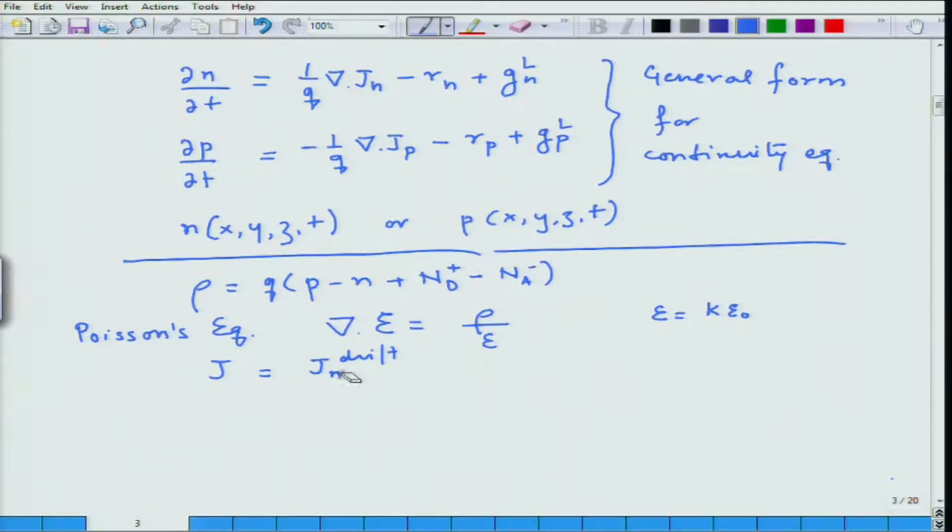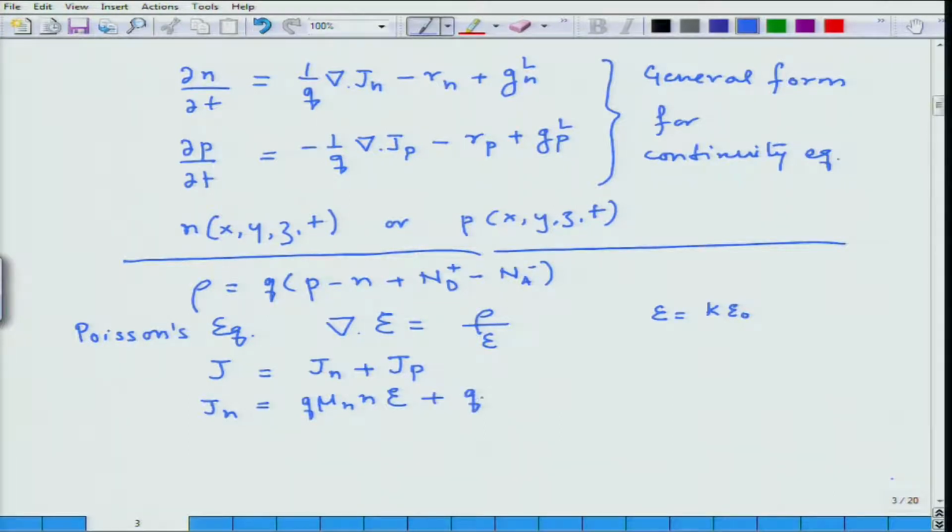But prior to that, let me make a general statement. The total current density would be the current density due to electrons and due to holes, as if electrons are moving independently and holes are moving independently in the conduction and valence band respectively. And the current density of electrons is going to be given by the drift term, which accounts for the mobility of the electron and the electric field,